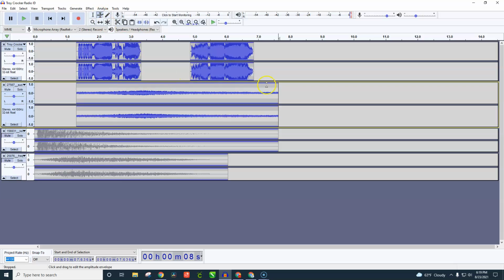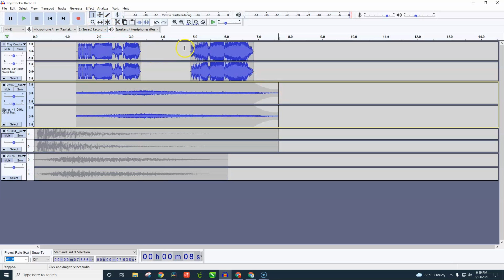This is called the envelope tool, and basically you can put a dot and then another dot, and then you can fade this out. So you can see that I am fading this out. It takes two dots. You put the first dot where the fade wants to start, and the second dot, you pull it down, and that volume is going to come down here. So let's take a look and see what that sounds like.